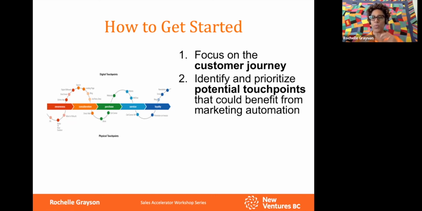What are the areas where we're actually interacting with them, where we're communicating with them? Some of these might be digital. That's what a lot of us think of first, but it also could be physical touch points, right? And which one of those touch points might I be able to automate? So breaking it down is really important, to think about where the potential for automation is in